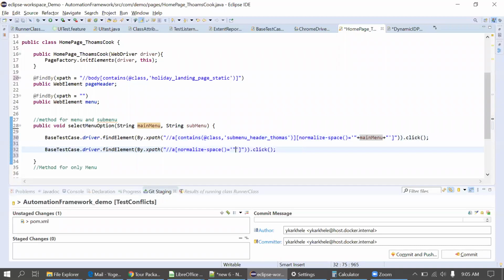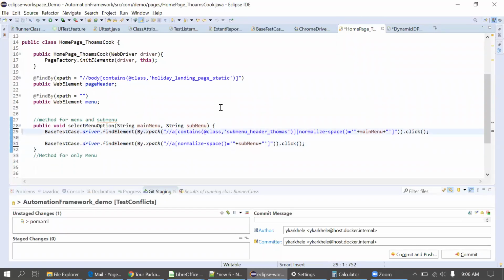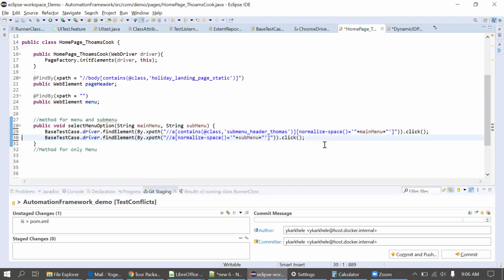Again, I'm replacing this villa menu with the sub menu. This kind of method you have to create in your framework, so you don't have to create each and every lookup for each and every web element that you are seeing on the UI. Okay, fine. So yeah, that's done for the sub menu and menu.